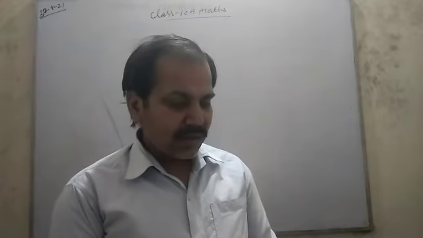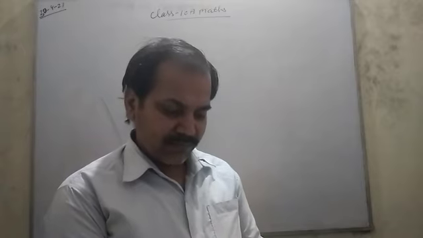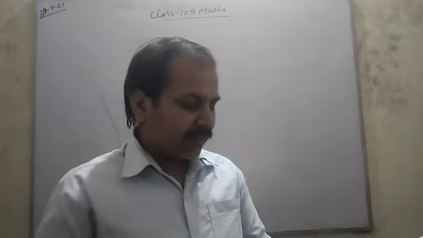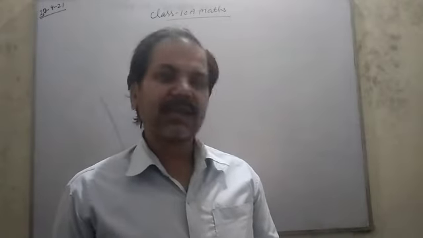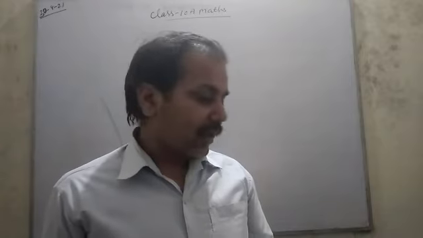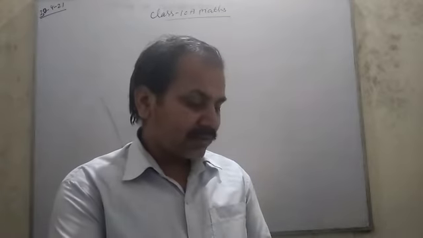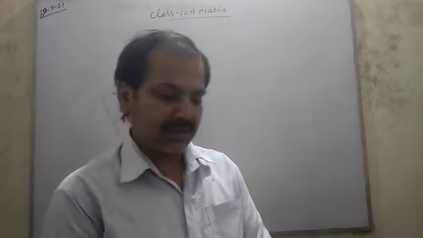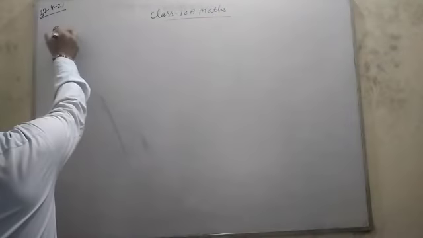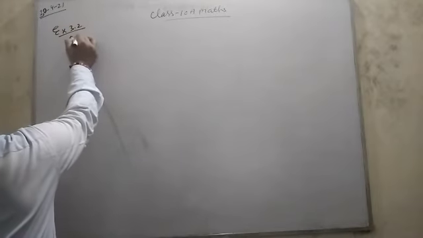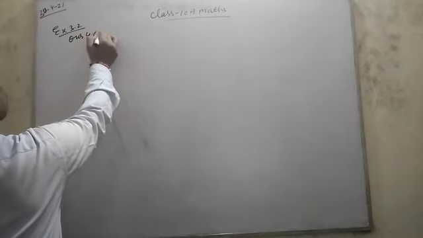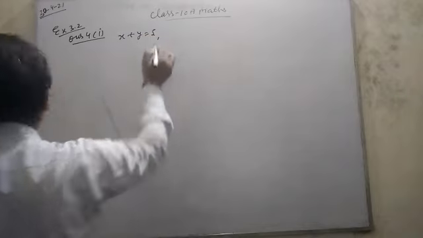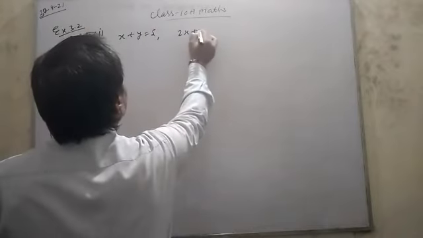In that, up to question third completed. So question 4 also, like question number second, third. Which of the following pairs of linear equations are consistent or inconsistent? If consistent, obtain the solution graphically. So first you check consistent or inconsistent. So question 4, first part: x plus y is equal to 5, and second equation 2x plus 2y is